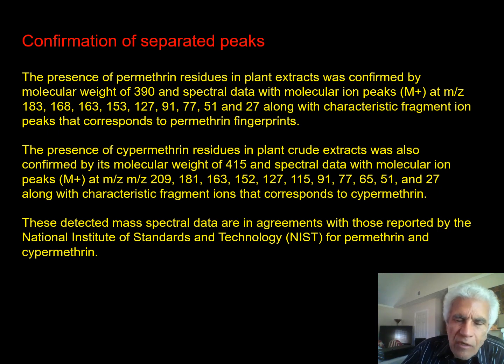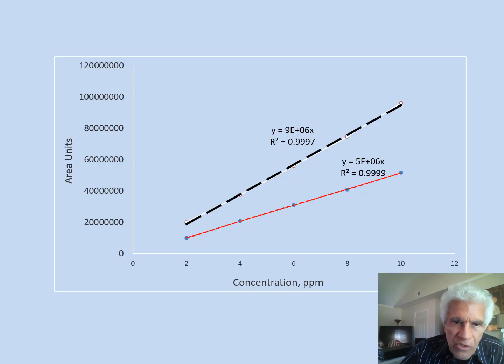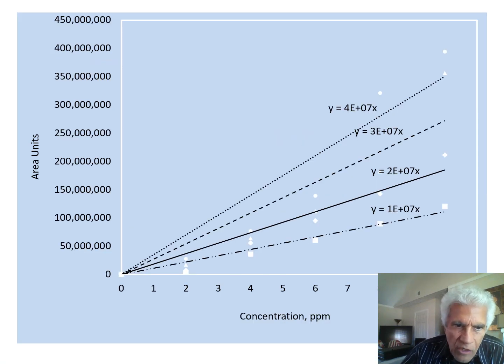You see that the molecular weight is 390 for permethrin, and cypermethrin is 415. The separation, quantification and confirmation were mainly based on the ion fragments. These are the two isomers of permethrin. The four isomers of cypermethrin can be easily quantified based on this